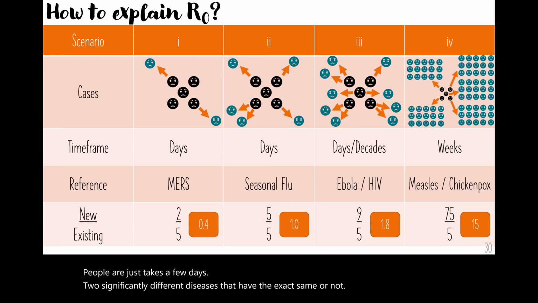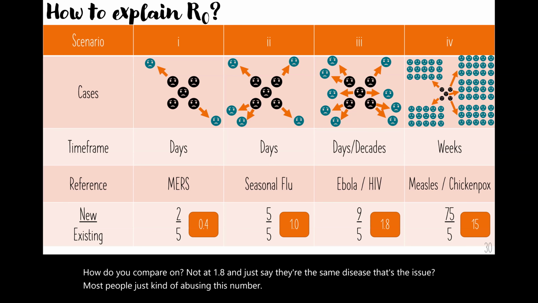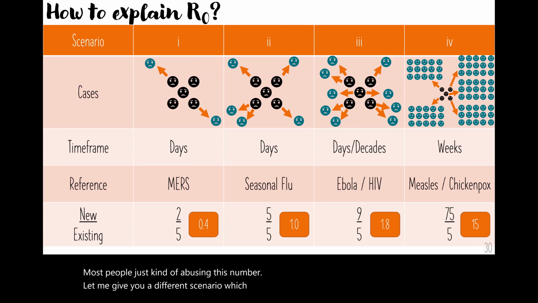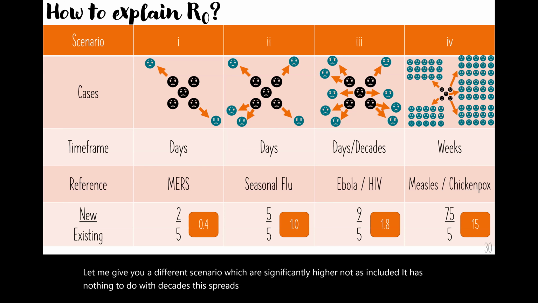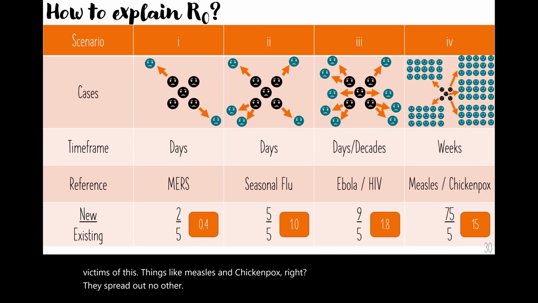How do you compare an R naught of 1.8 and just say, oh, they're the same disease? You can't. That's the issue, right? Most people are just kind of abusing this number. Let me give you a different scenario, which a significantly higher R naught is included, and has nothing to do with decades. This spreads out like wildfire. I'm sure some of you have been victims of this. Things like measles and chickenpox, right? They spread out like no other. And this is in a matter of weeks,